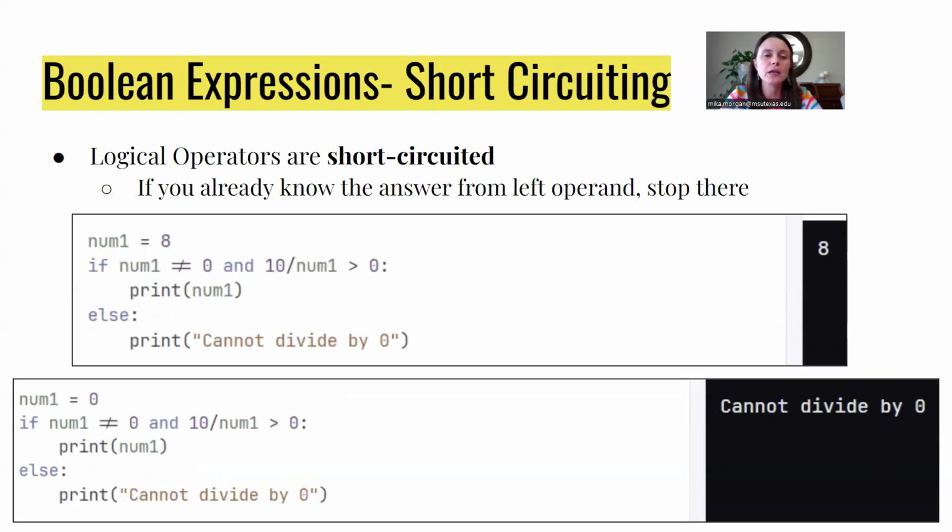The logical operators are short circuited. And what that means is if you do the left-hand side and you already know the answer, the computer is not even going to go through and calculate the right-hand side because there is no point. It doesn't need to. Don't ask it to go do work that is unnecessary, right? If I said